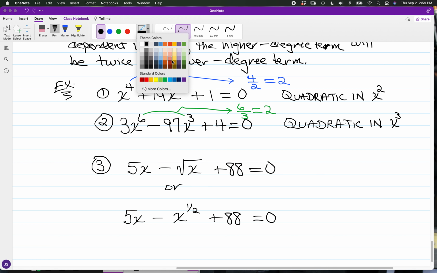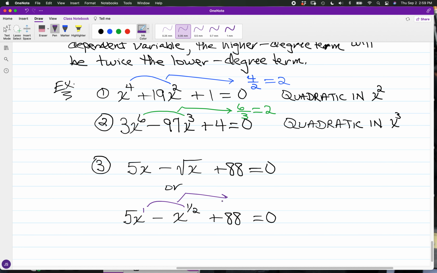And so you could say that just for 5x, you have 5 times x, or 5 times x to the first. Okay, so x is first degree, and we have the lower power in x. We have a 1/2, and a 1 to 1/2 ratio. If you divide by a fraction, it would be the same as multiplying by that fraction's reciprocal. So you still have, in proportional terms, a 2 to 1 ratio, and so for this particular equation,